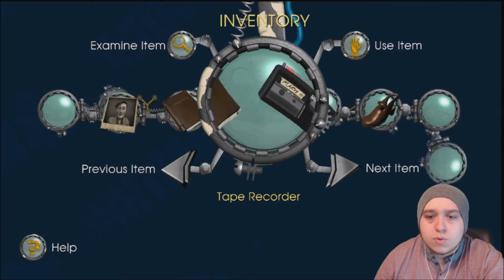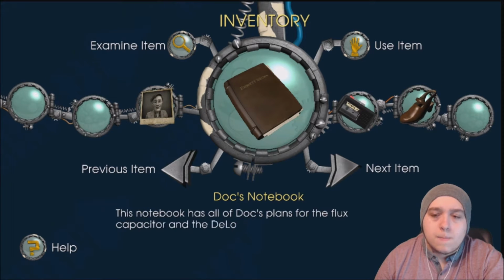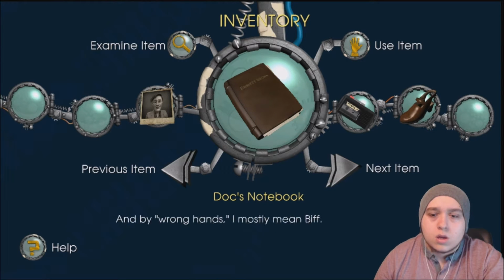Marty, nope. This notebook has all of Doc's plans for the flux capacitor and the DeLorean. I'd better make sure it never falls into the wrong hands. And by wrong hands, I mostly mean Biff. Surely it's got to be...